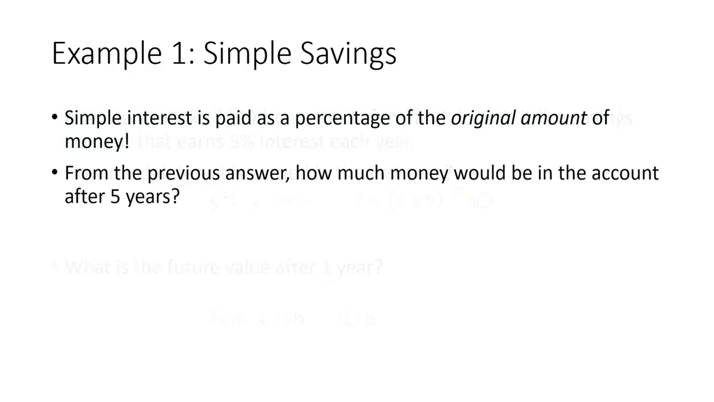Simple interest is always paid as a percentage of the original amount of money that you invest, or the principal that you invest. If we look at the previous example, we can determine how much money would be in the account after 5 years by just adding $30 each year. So you'll make $30 in interest the first year, but because it's simple interest and it's always 5% of the original amount that you paid, every year you're going to earn another $30. So by the time that you reach year 5, you will have earned $150